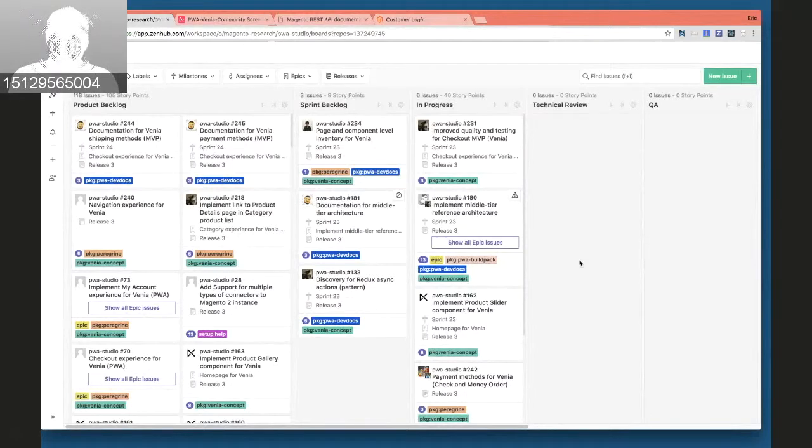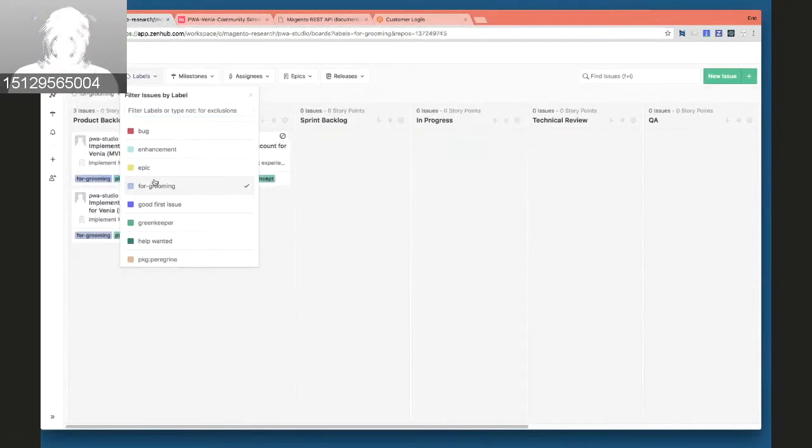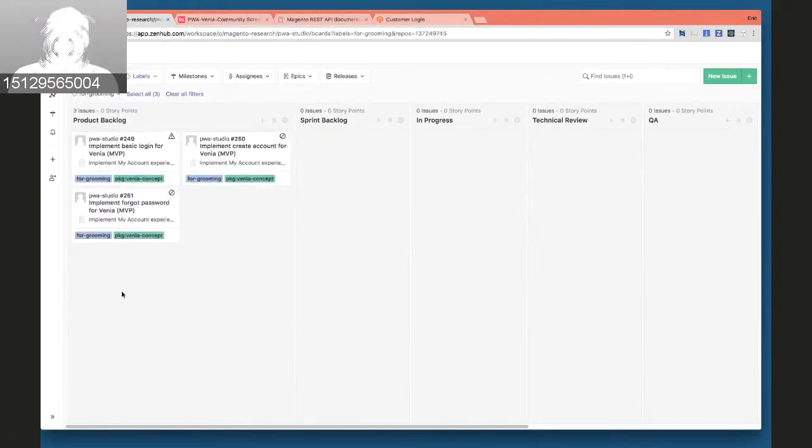So here's the current state of the backlog. Just a quick housekeeping note. We have added a new label for things that are going to be groomed on Fridays, and so if anybody wants a sneak peek at what we're about to groom, we have added a grooming label here. So just a quick demonstration for grooming. Voila! So that's what we're going to be talking about today